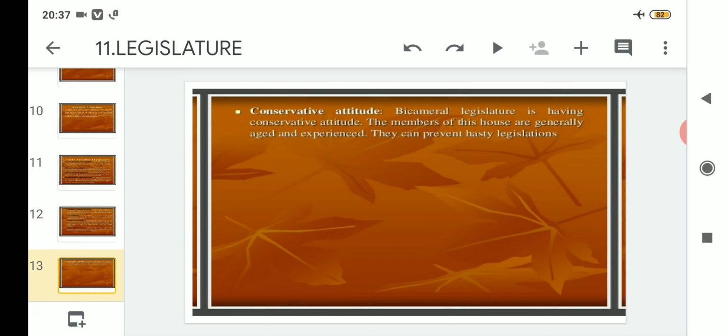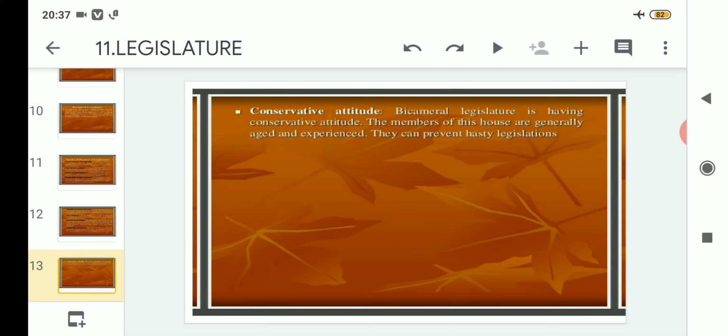This is number 9 and the last point related to the merits of bicameral legislature, that it has a conservative attitude. That means bicameral legislature has a conservative attitude. And why does it have a conservative attitude? Because it includes people that are aged or have vast experience. So when that legislature has people of 50 plus years of age with vast experience,